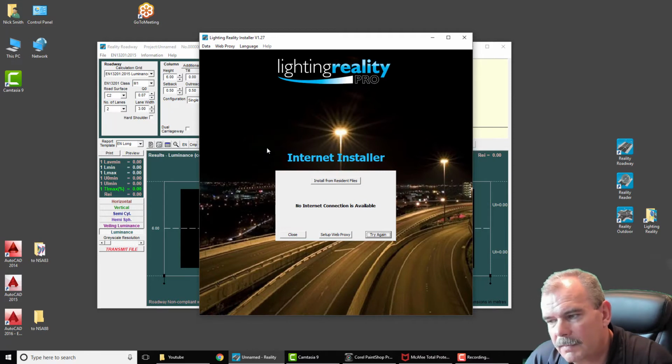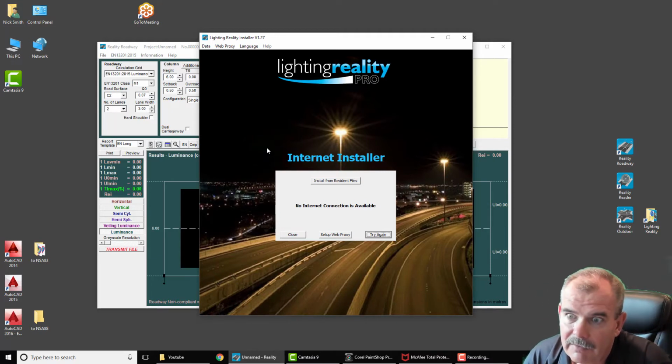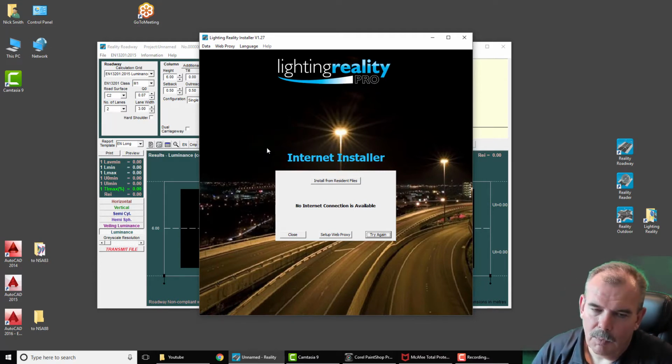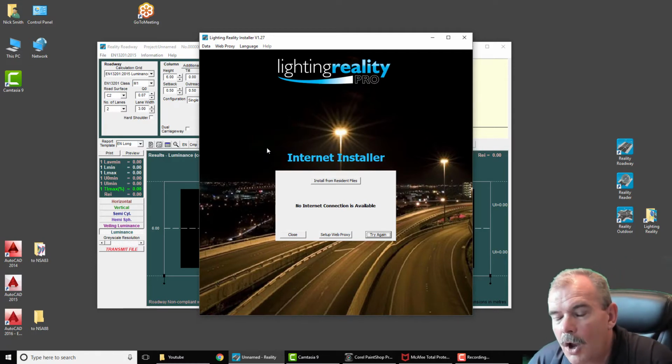Now, that can be caused by one of two things. The first one is that you don't have an internet connection, which means your Wi-Fi might be turned off, you might have a problem with your internet connection or what have you. The other problem is that Lighting Reality is being stopped access to the outside world, and this is quite common,